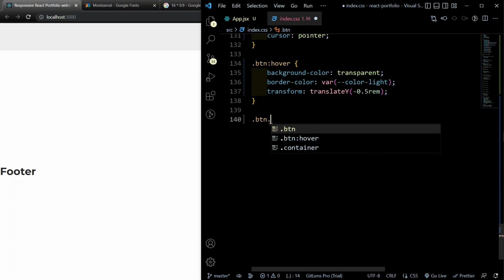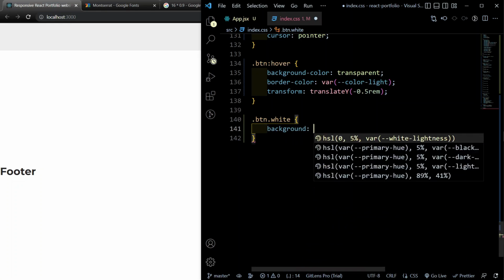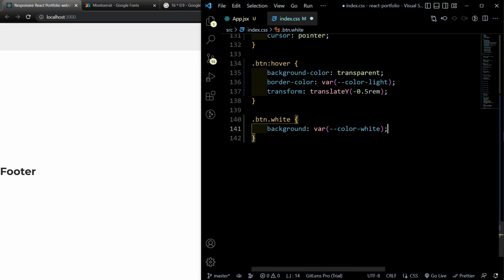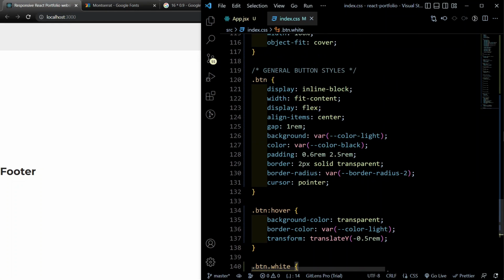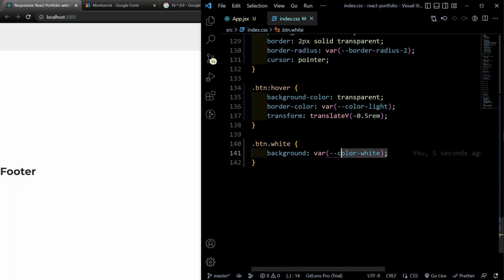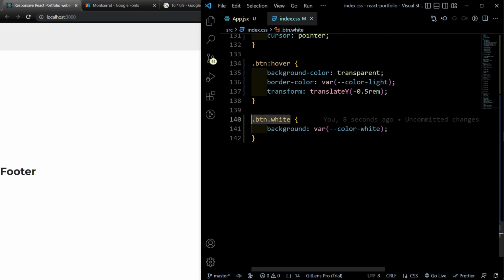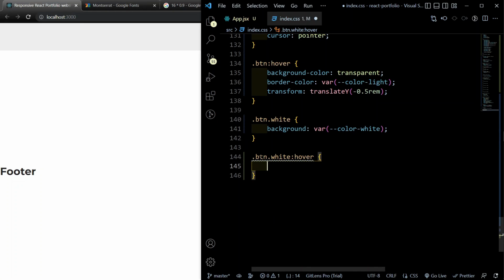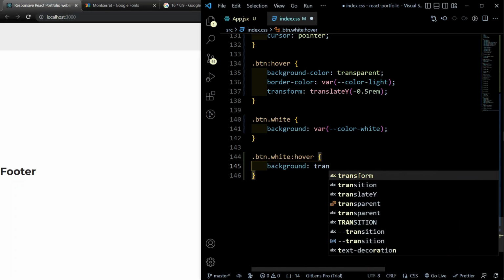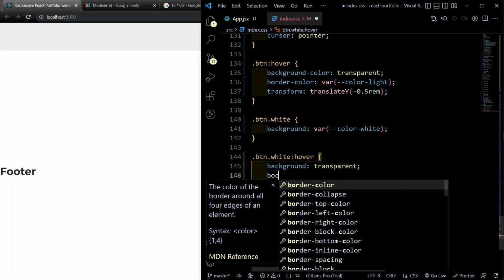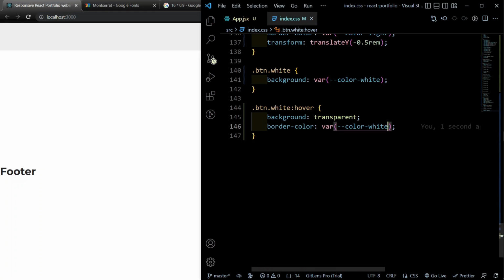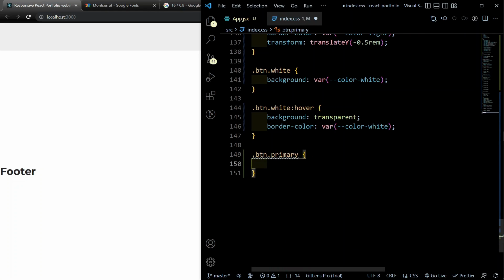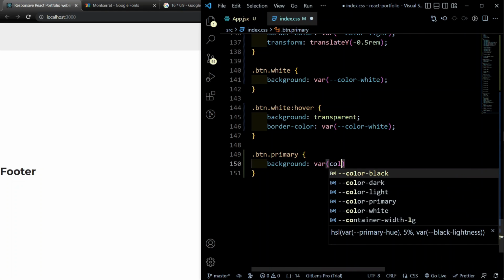The first one is going to be the white, and for those, they are going to have a background of color white. Okay, this is by default light, but for the white class, we give them a background of color white. And let's do something on hover as well. On hover, we want to set the background to be transparent and the border color to be color white. Right now, btn primary, okay, those are going to have background of the primary color, of course,